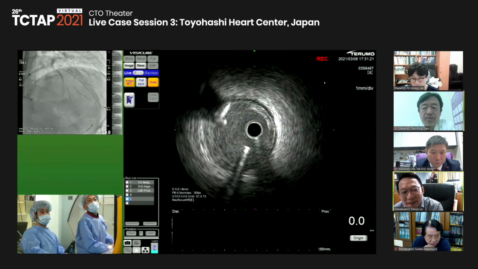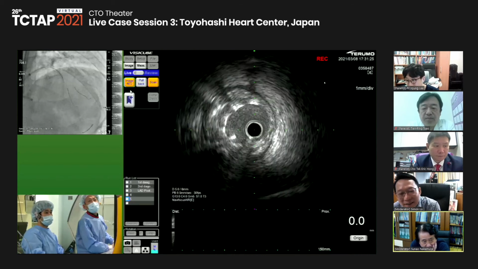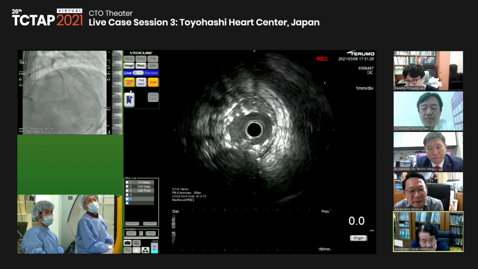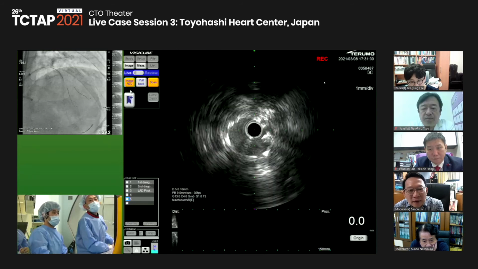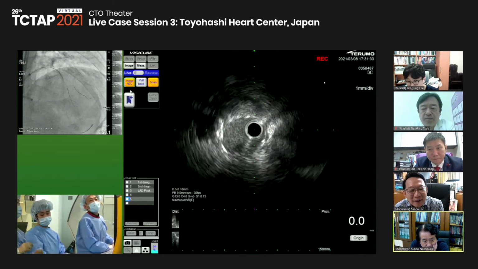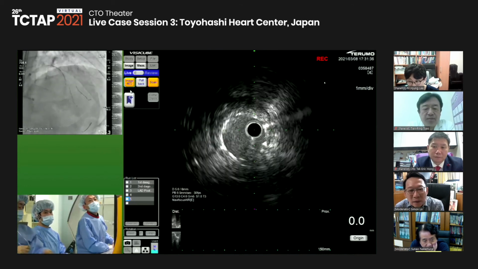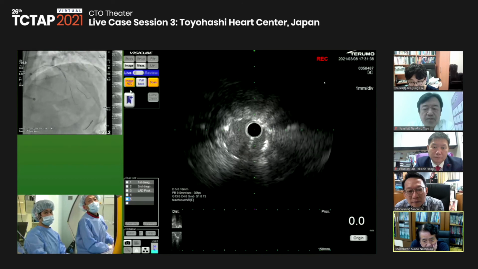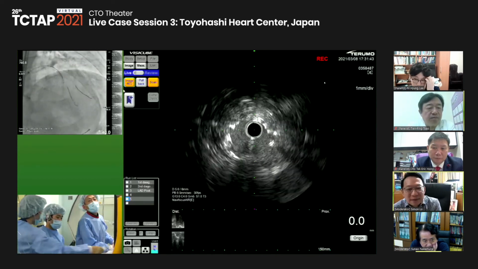Usually, 3.5 POT, then kissing balloon, then POT. This is the usual way. Okay, the final kissing inflation first, right? Yeah, POT, KBT, and POT. This is the usual way. KBT followed by POT. It depends on the operators.